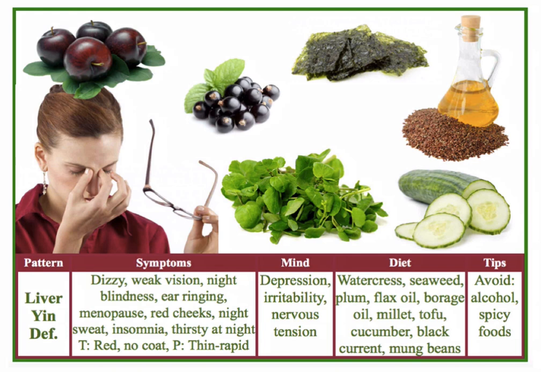So kidney is related to the reproductive system. So that's where that comes from. Depression can also be part of a liver yin deficiency. Again, depression comes from liver qi stagnation. And when there is liver yin deficiency, there is usually some liver qi stagnation. This is very common. So the person is irritable, they're tense, they're stressed usually. Again, liver qi stagnation can be the catalyst for all the other liver patterns quite often. Oh, that stress affecting the liver qi. Yikes! It's affecting all of us. So you could see here, same thing. We want to avoid things that are creating heat, like alcohol and spicy food, right?